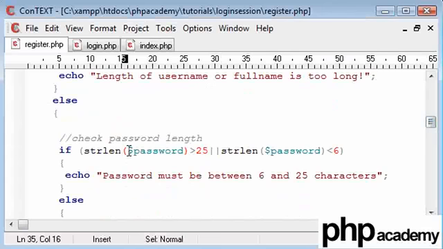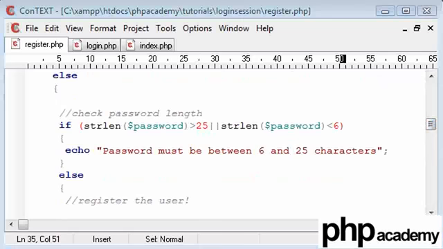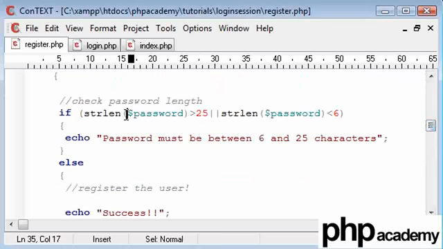If the string length of the password is bigger than 25, or the string length of the password is smaller than 6, echo password must be... Funnily enough, we've run into the same problem. I've just realised that we have an encrypted value for our password, and our MD5 encrypted string is massive, much